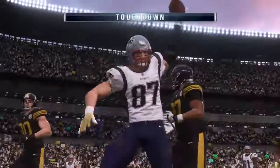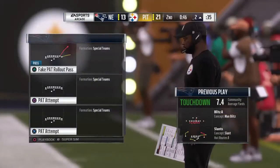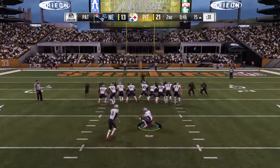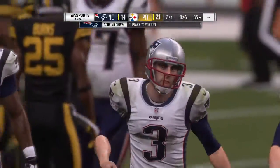And that's caught by Gronk for a Pats touchdown. Rob Gronkowski, a 1-yard touchdown reception. And the Patriots are back within a score. I think everyone in the league talks about finishing, don't they? Doesn't matter whether it's a quarter, a half, a game, a...